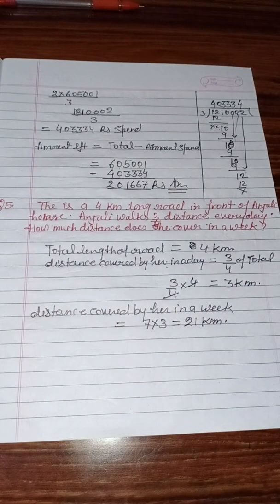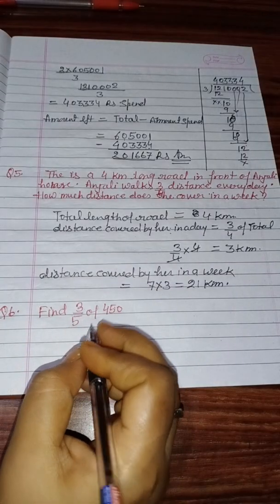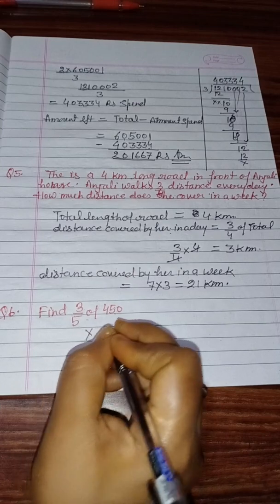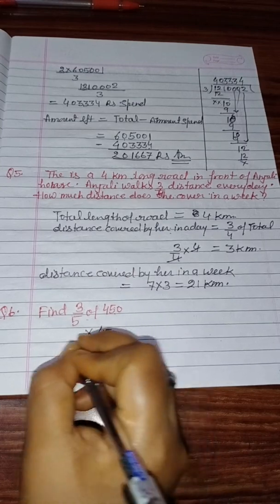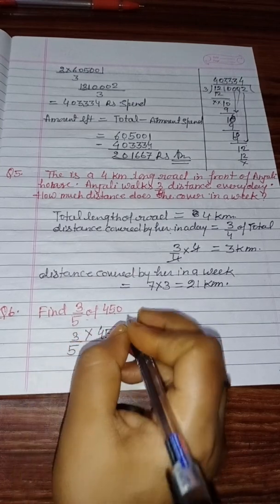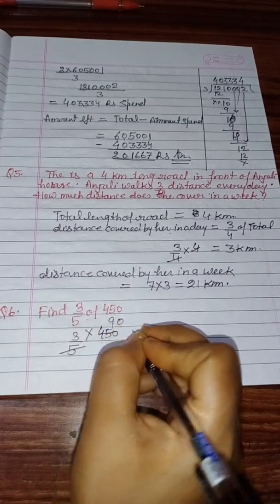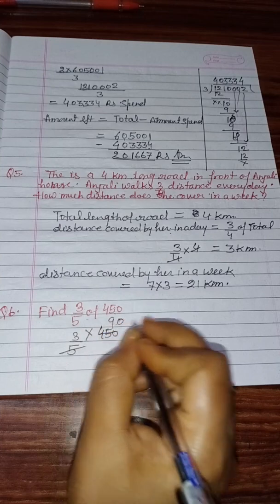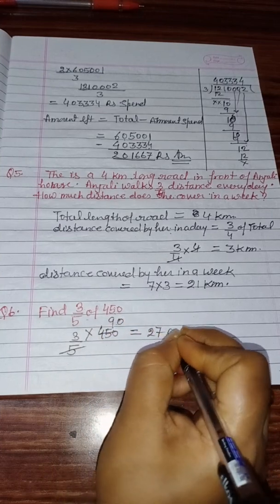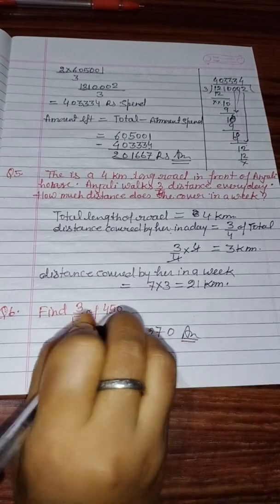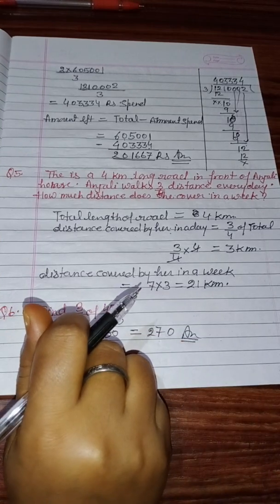Okay, see up to here. Now see that, find 3/5 of 450. Of means multiply. 450 will remain here. 3/5. Okay, so make it cancel. 5 9s are 45 and 0 will come in front of that. So 9 3s are 27 or 270 will be your answer. So it is a very simple question. Nothing is there in this question.